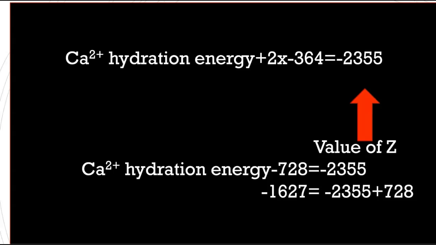Calcium 2 plus hydration energy plus 2 into minus 364, which is chloride ion, because we have 2 chloride ions, we get the total value we have already calculated. The value of Z is minus 2355. So by just multiplying we get minus 728, and by adding these values together we get the answer minus 1627